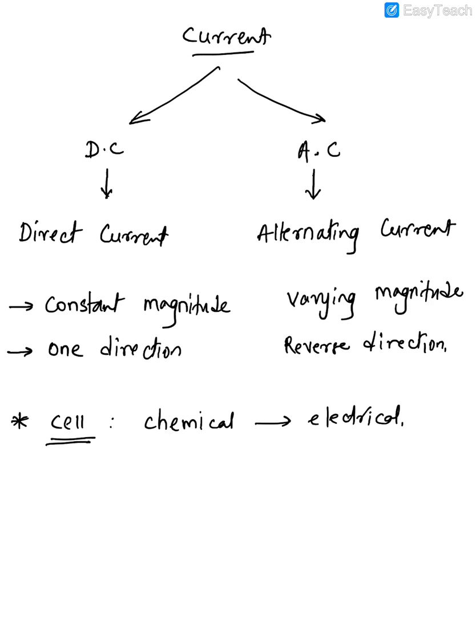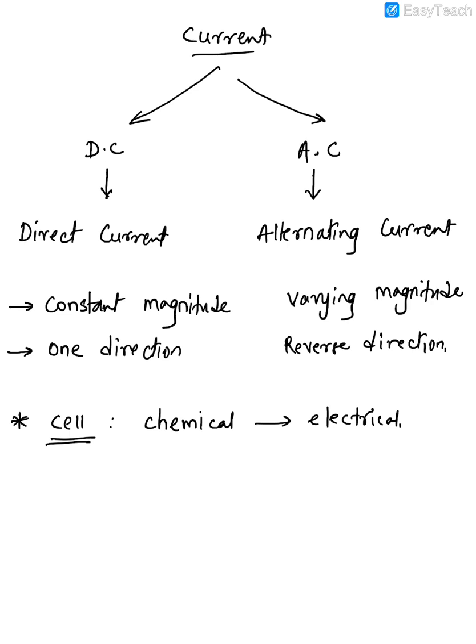But as we know, as you keep on using it for some time, after some time the chemical reaction has completed, and hence now there will be no more current produced, because now you are not able to convert chemical into electrical energy anymore. So that is the simple concept about a cell. They can ask you what is a cell or what is the energy conversion in a cell.